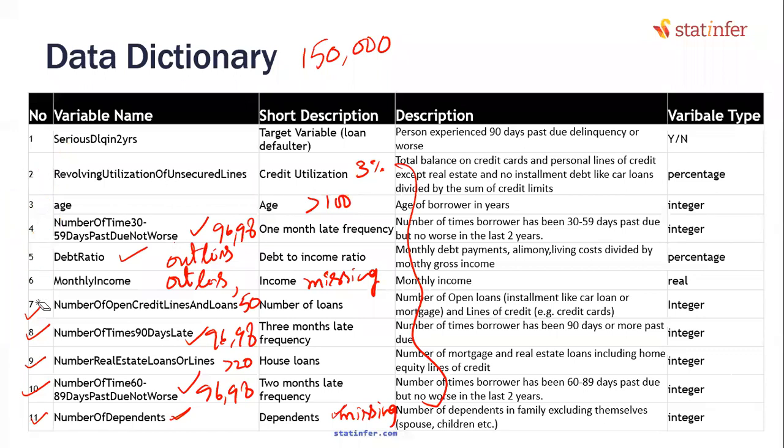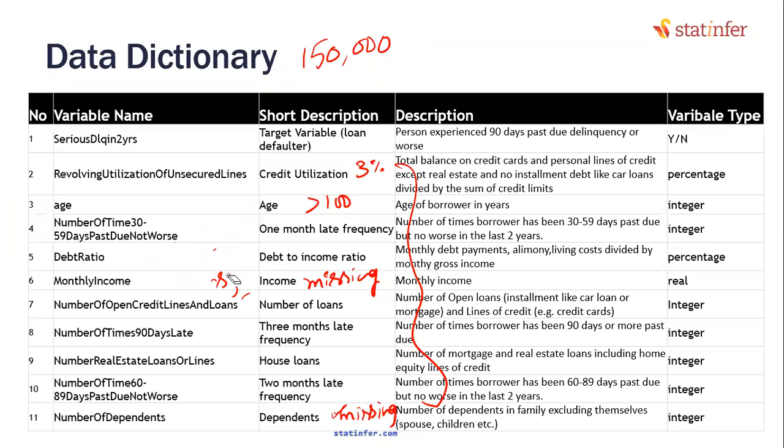Think about it in a credit risk scenario. What is that variable? That is one important variable. If you don't have it, then you are doomed. You cannot proceed further. Maybe if I don't have some particular variable, I can still proceed. If some of the variables are missing also, I can still proceed. I can build the model. But there is one variable without which I can't even proceed. That variable is serious delinquency.